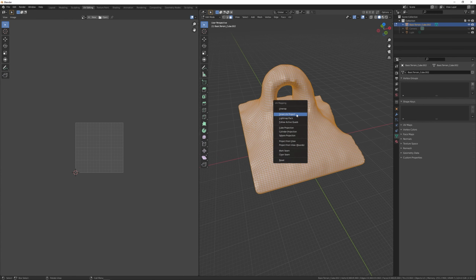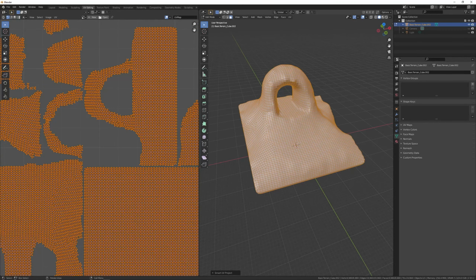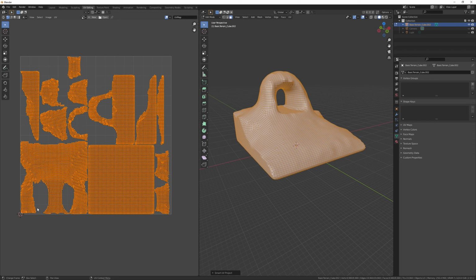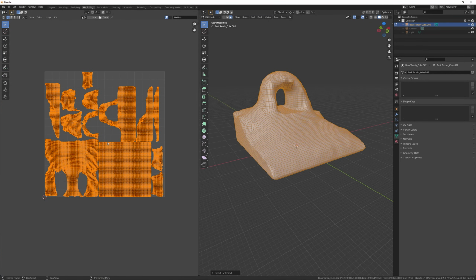So the way I usually do it is to use Smart UV Project. Let's give it some margins around the UV islands. Here you can see that this mesh has been cut up and wrapped, so everything lies flat on a 2D plane, which is going to become an image. That's essentially what UV wrapping is.